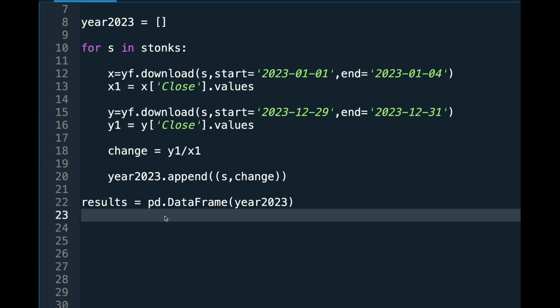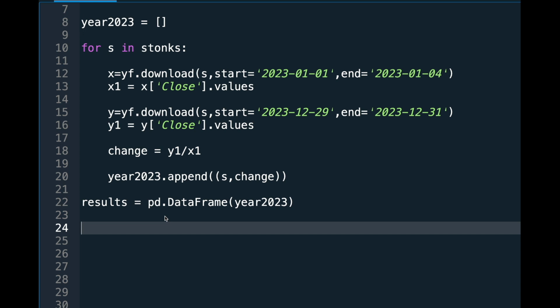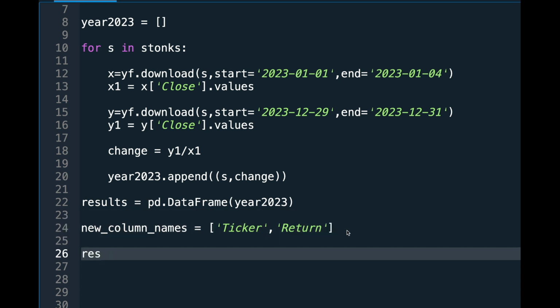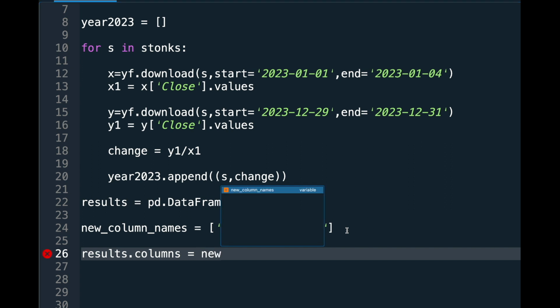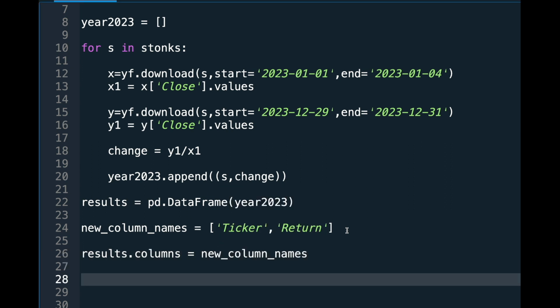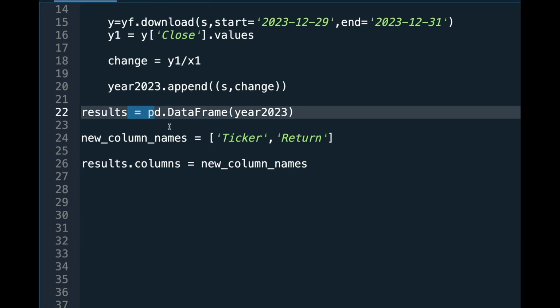But I actually want to rename the columns. I just like having them something I can recognize, which will be, we'll say, ticker, and then return. And we're going to assign the results data frame these new column names. So now we're all set with this results data frame, and from here we're going to be